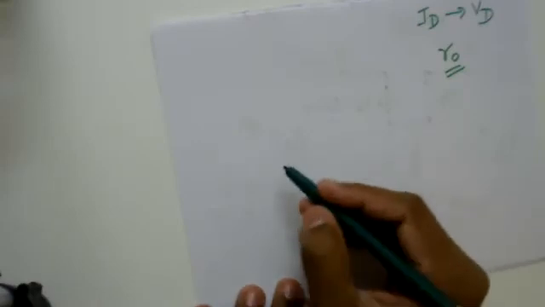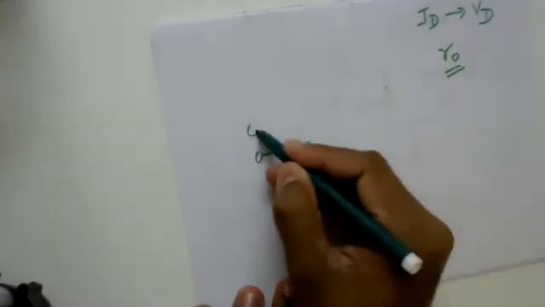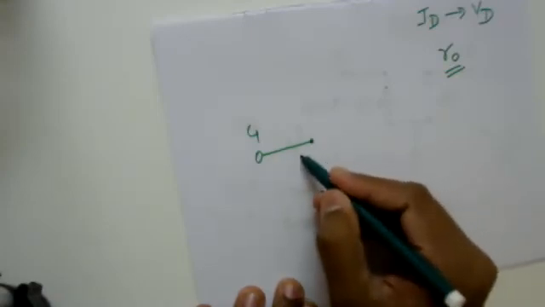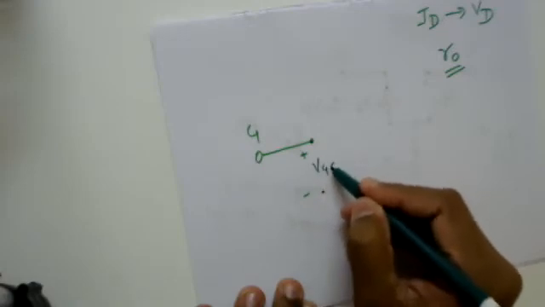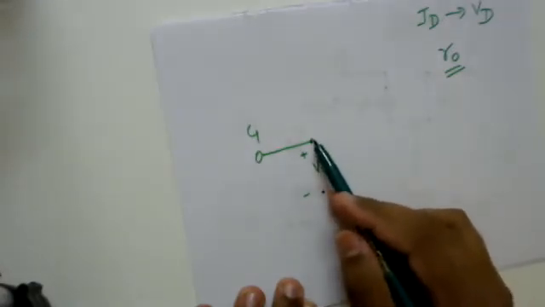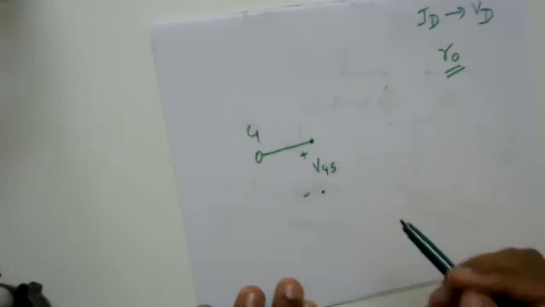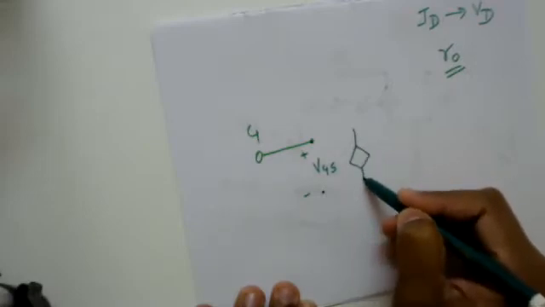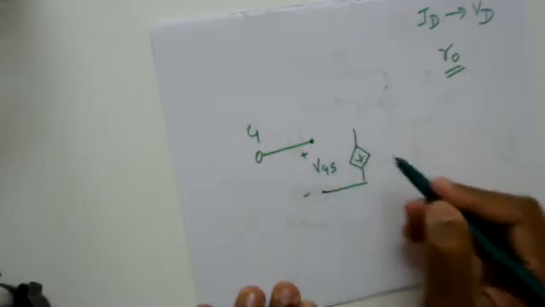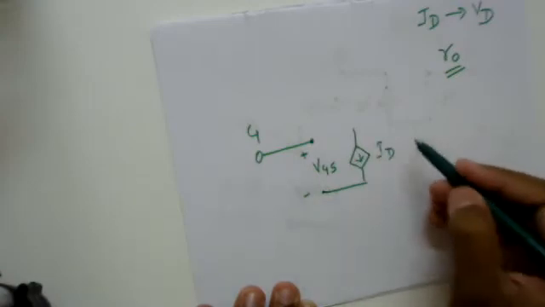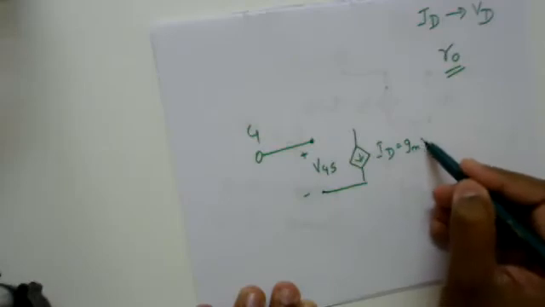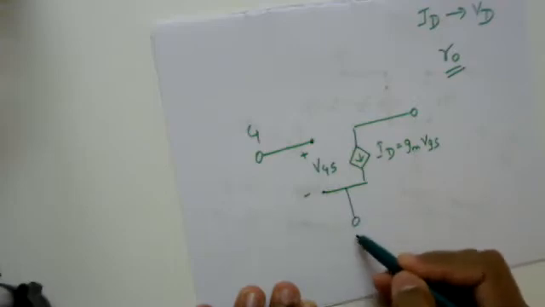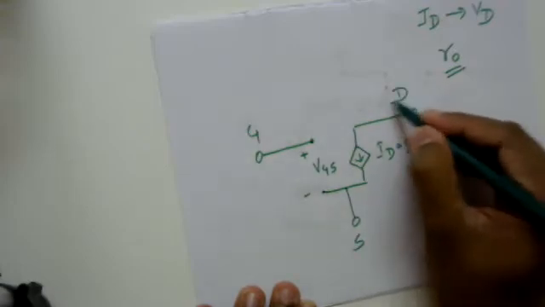like this. So this being my gate terminal, between these two nodes I'm going to apply the gate-to-source voltage source. Then later I'll be having a dependent source. So this is the direction of current, my drain current ID, which is nothing but gm times VGS. So this is my source and this is my gate.